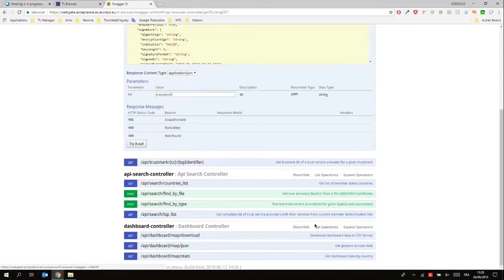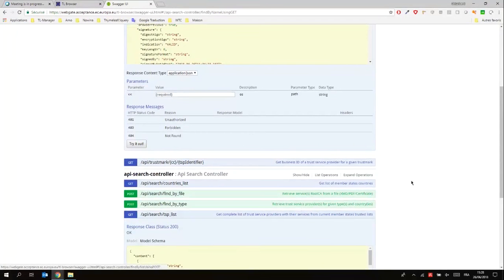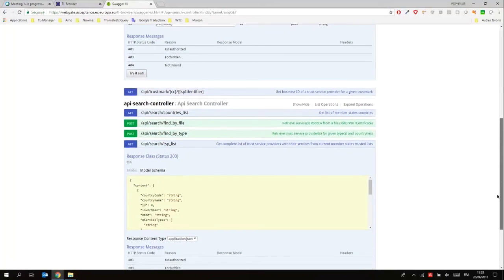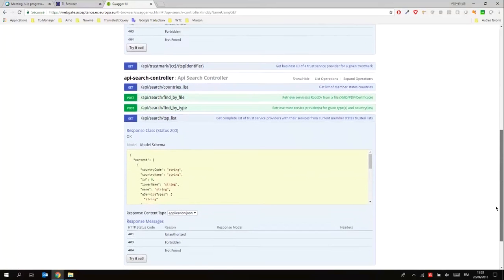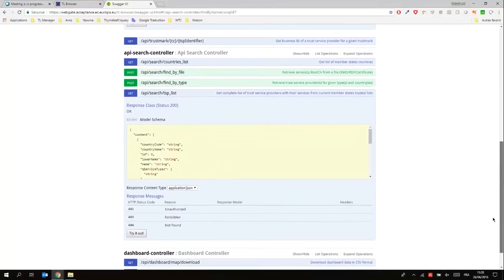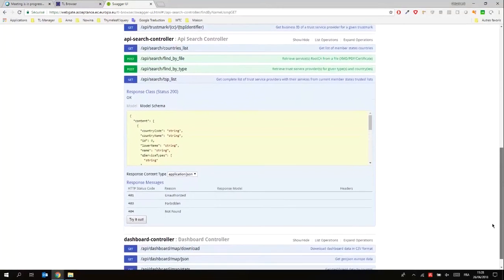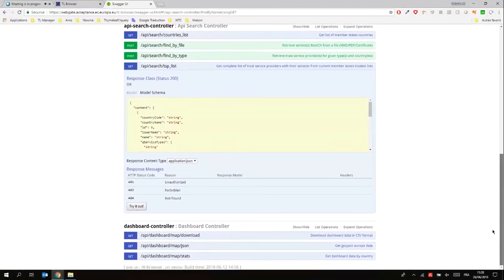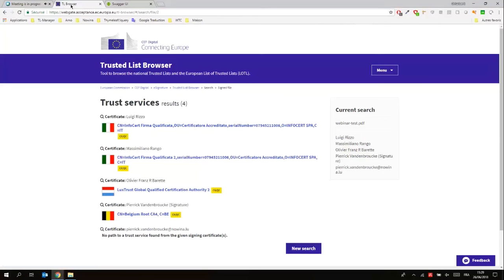If you want to develop a tool on your side and use the information that is present in TL Browser, this is really the way to go. Please don't hesitate to tell us what you think of it. For instance, you can easily get the find by file or find by type search criteria. Of course, this is more technical, but I'm pretty sure that it could be interesting for technical people on your side.